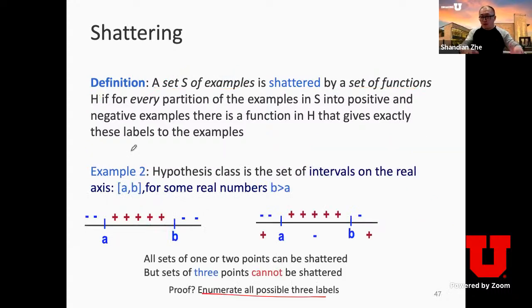Like three intervals, right? Assume all the elements in this hypothesis space are just these intervals. Of course, you can define your own interval hypothesis space to be, say, a combination of several disjoint intervals, whatever. That's totally doable. Got it. But here we just want to understand the definition of shattering.